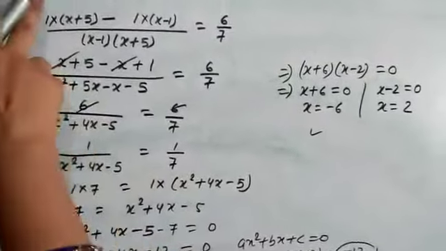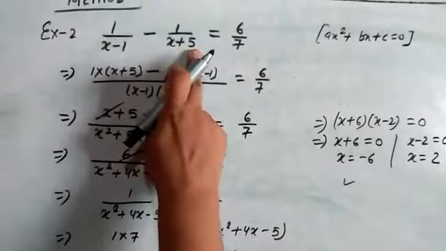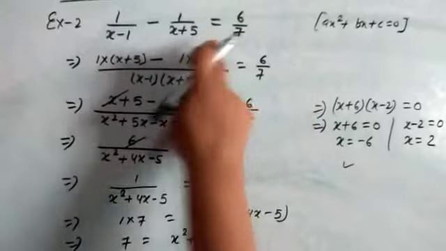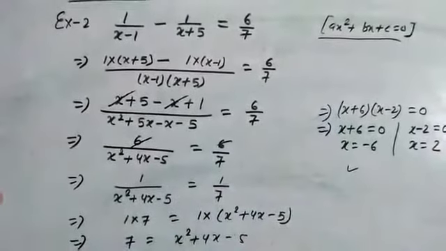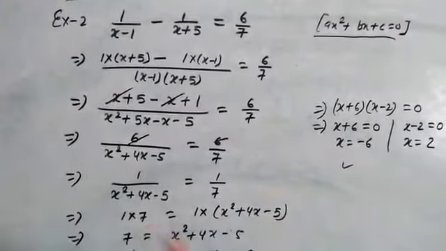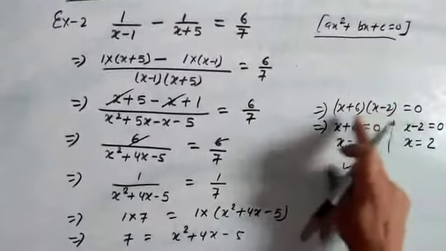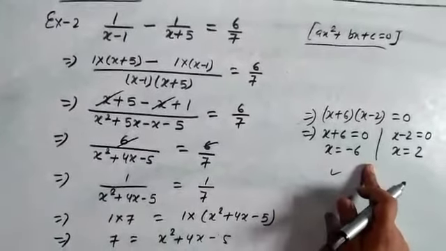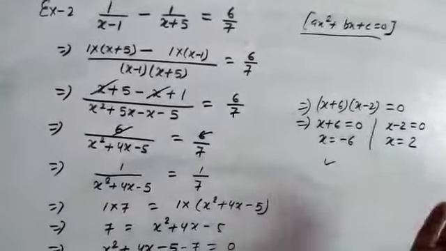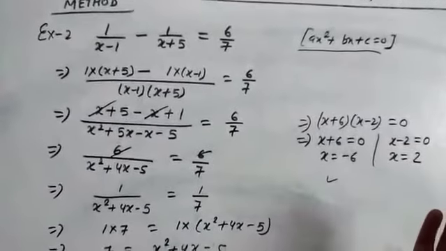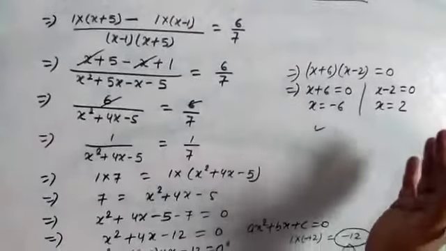So whenever you get an equation in such a form, at first you will convert the equation by solving it into the form of ax square plus bx plus c, and after that you will factorize it to get the two factors. After getting two factors, you will equate them with 0 to get the value of x. In the same way, we will discuss some more examples in different forms of the quadratic equation in the next video. Thank you.